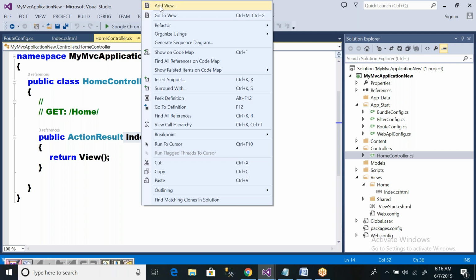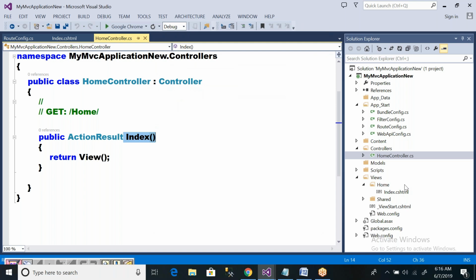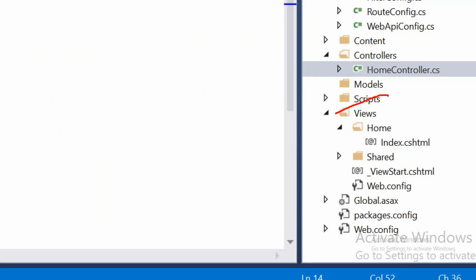How it is connecting, we will see. Then when you say add view, it shows one window. There it is showing the view name is index. You can go with other names also, but right now I am going with the same method name, same view name. View is nothing but web page. The extension of the web page will be cshtml. And I click add button. Due to that reason, under views folder, you have this hierarchy. The hierarchy is telling that you have a controller file, that is HomeController.cs. Under views folder, it is showing your controller name is home.